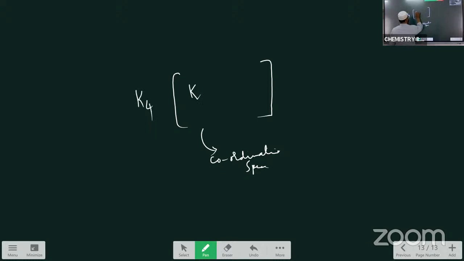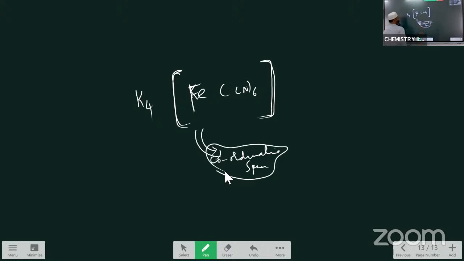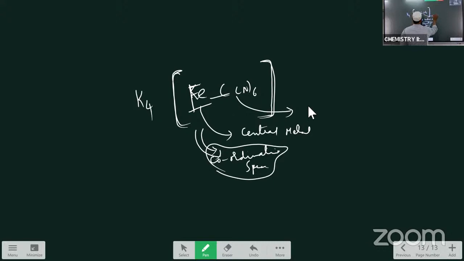K4[Fe(CN)6] ले रहा हूं मैं, Fe है ये, यहाँ पे CN टेकन 6 टाइम्स। यहाँ पे ब्रैकेट में जो लिख रहा हूँ, the things which are written in this bracket, that is called coordination sphere. कोऑर्डिनेशन स्फीयर में जनरली एक मेटल रहता, उसको सेंट्रल मेटल बोल के बुलाते हैं। सेंट्रल मेटल के साथ कोऑर्डिनेट कोवेलेंट बॉन्ड से जो लगा हुआ रहता, इन दोनों के बीच में कोऑर्डिनेट कोवेलेंट बॉन्ड रहता। The chemical species which are bound with the metal with coordinate covalent bond are called लिगेंड्स।